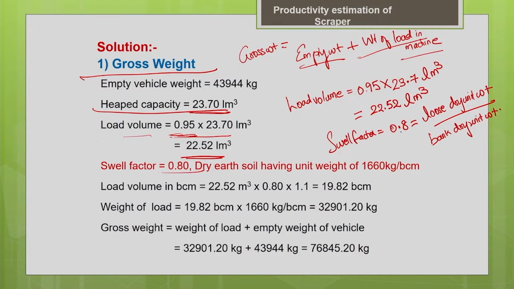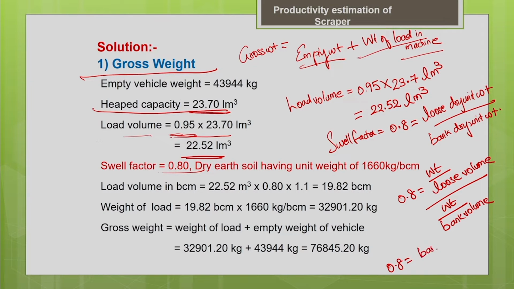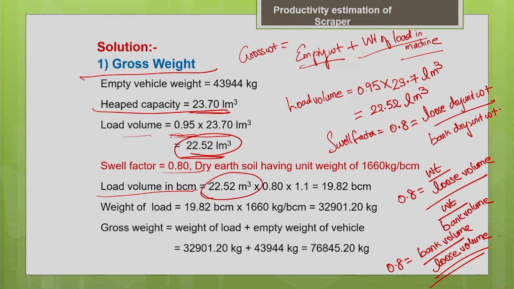So, now let me convert it into volume. I need it in volume. Weight divided by loose volume divided by weight by bank volume. So, 0.8 equals bank volume by loose volume. So, now you can find your bank volume. Bank volume equals 0.8 into loose volume. So, load volume in bank cubic meter equals your loose volume, 22.52 loose meter cube, into the swell